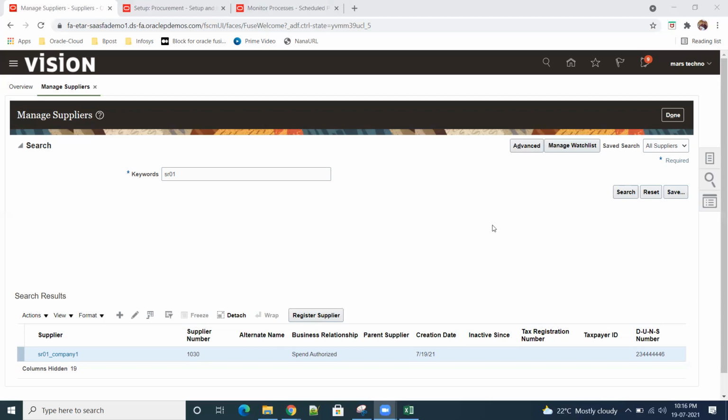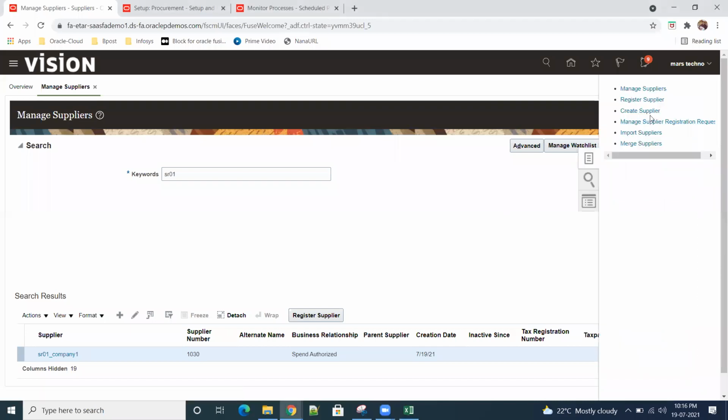One last question. With the create supplier option, is that for external purposes? No, this is also internal. It won't go for any approvals. This will be created by the internal buyers and internal team members, so this one doesn't go for any approvals.